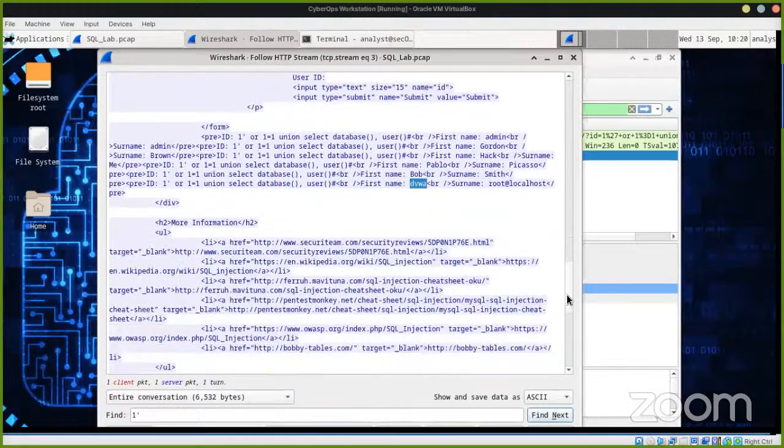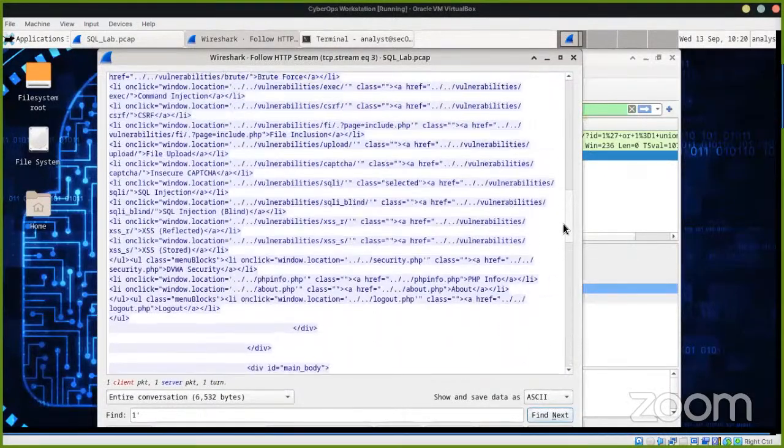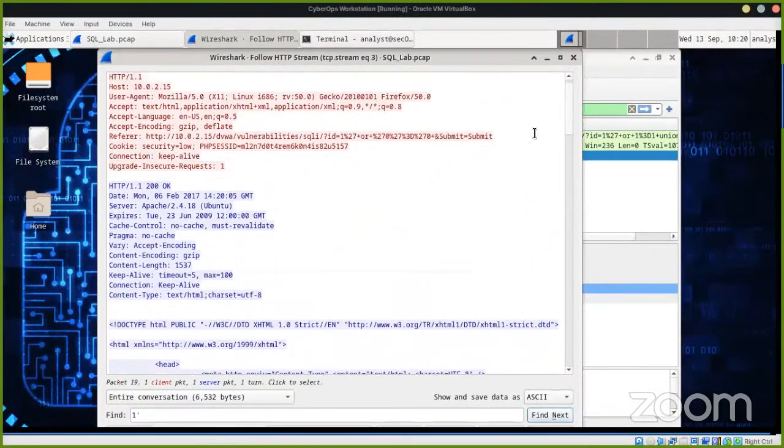So the attacker is now going for more juicy stuff, and with this you can tell, oh, this is what the attacker is doing. Okay, got this IP and the rest. You can even see this is a